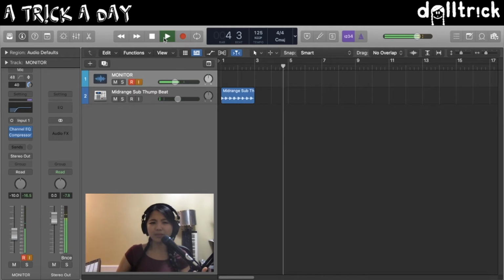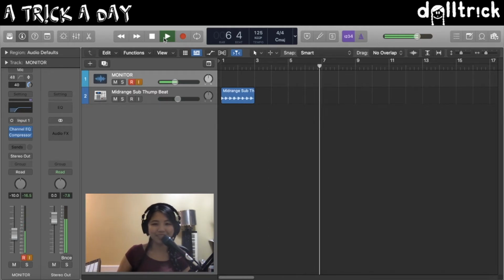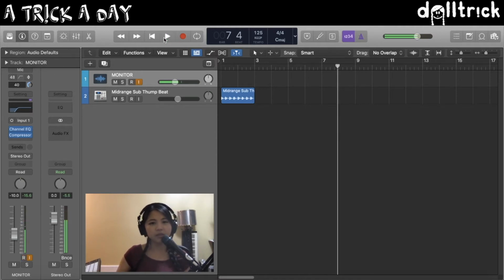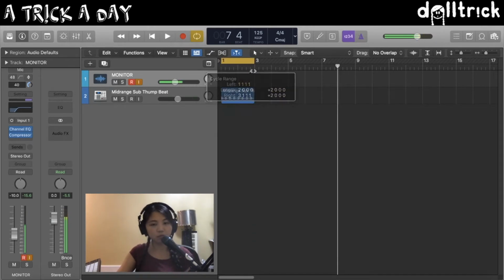I would like it to maybe cycle around though, or loop around. Maybe I kind of just gave you a little hint as to how we're going to do that. But off the top of my head, probably the easiest way to make something loop around is to click inside the bar where the bar numbers or measure numbers are displayed in Logic and to drag. So I'm going to click on number 1 and drag to the right until the number 3, which is where the drum loop ends. And now when I play this back,